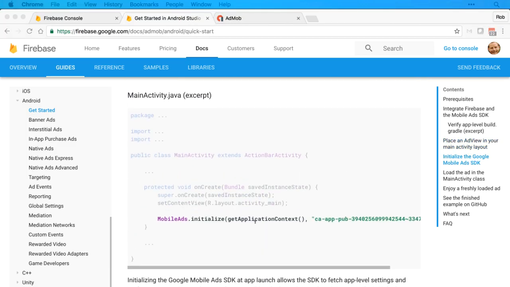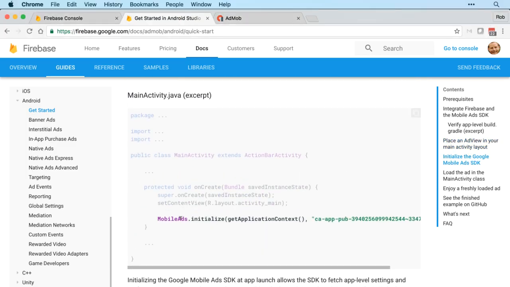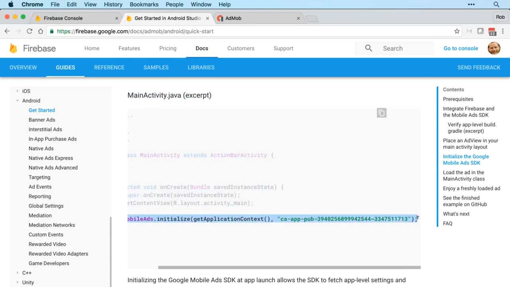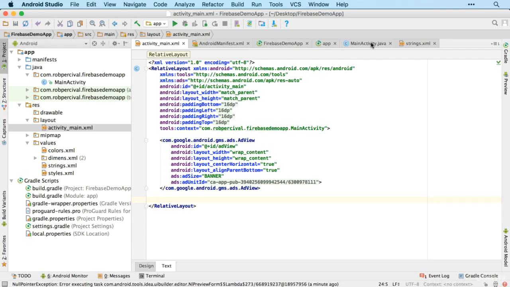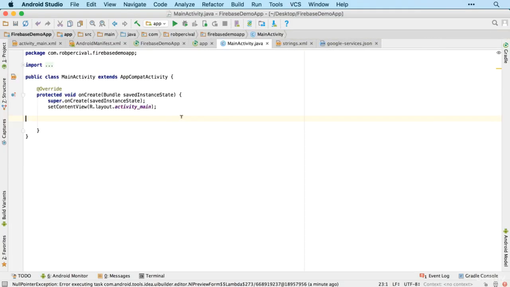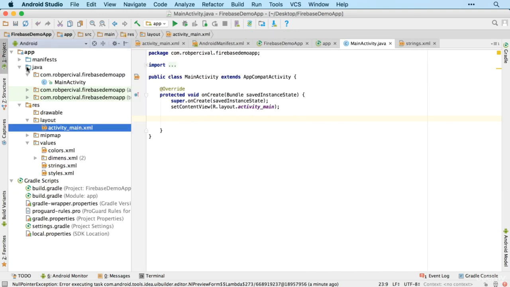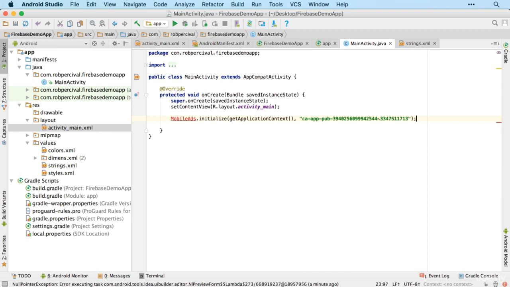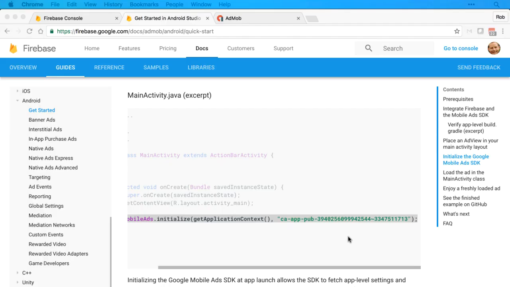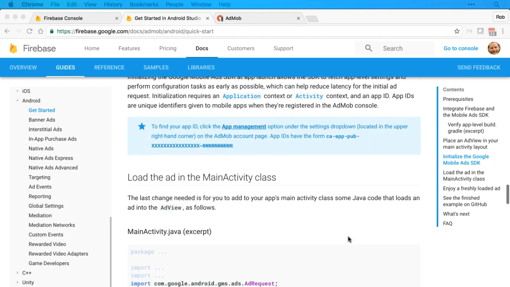We now need to initialize mobile ads within our app. So I'm going to copy that code into mainActivity.java. There we go. And then Alt Enter will bring in the mobile ads module for us. Okay, and then